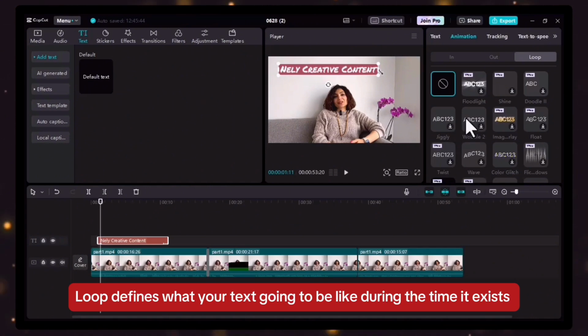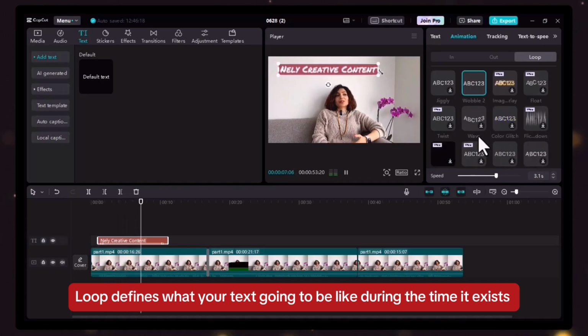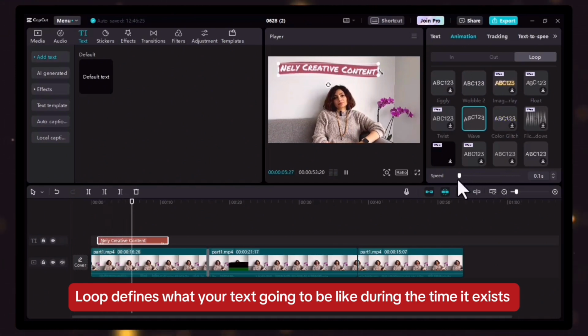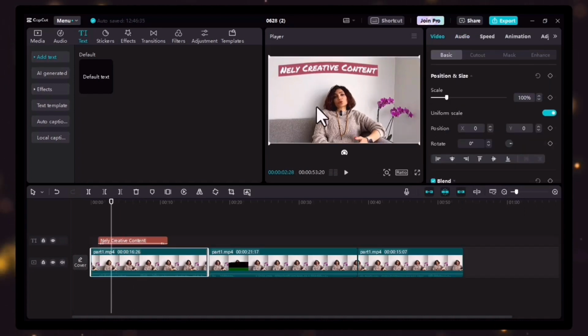Let's select this wobble or something more obvious like this one, wave. Okay, you can even adjust the speed for it, which is to me pretty nice. Okay, this is all about adding text and the settings window. I won't take it longer because I think it is very simple to work with, but there's a point with